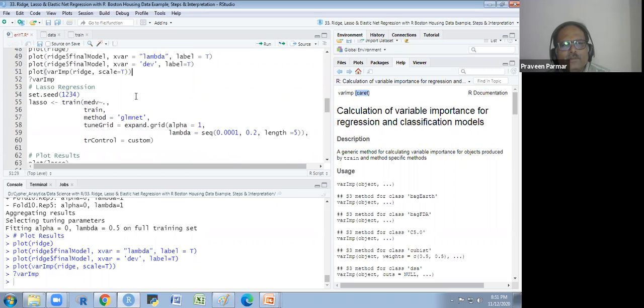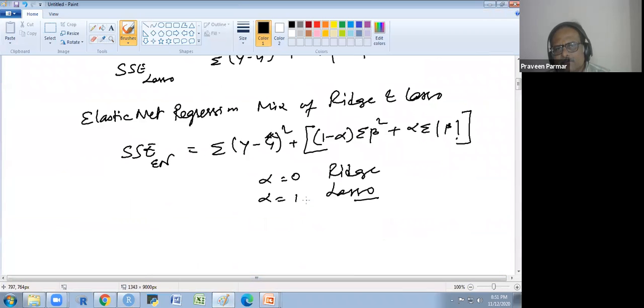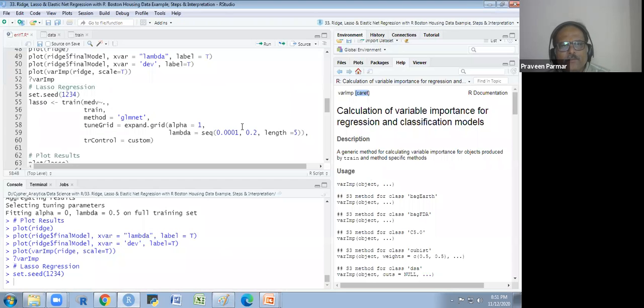And here for the lasso I am taking the same thing. Alpha is 1 for the lasso, I explained to you. The other things are the same.